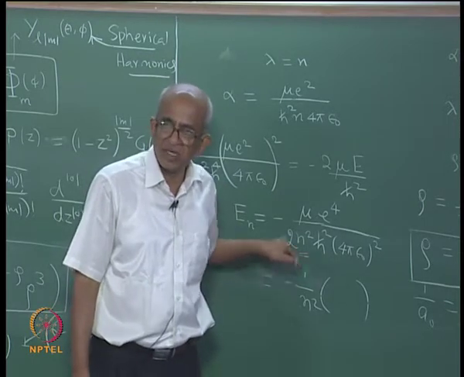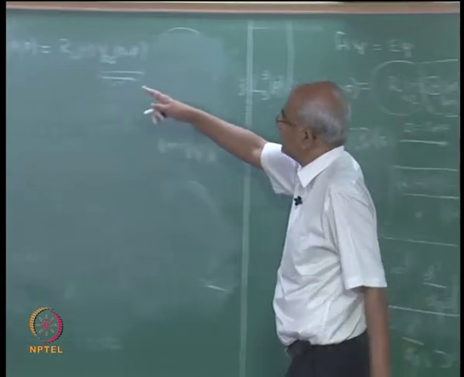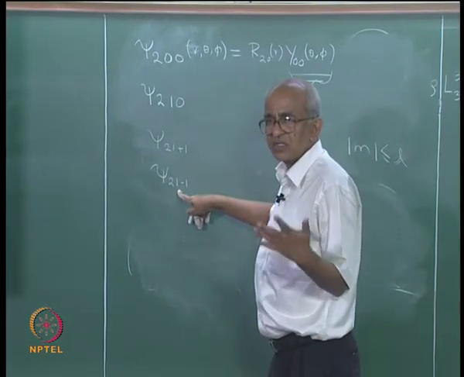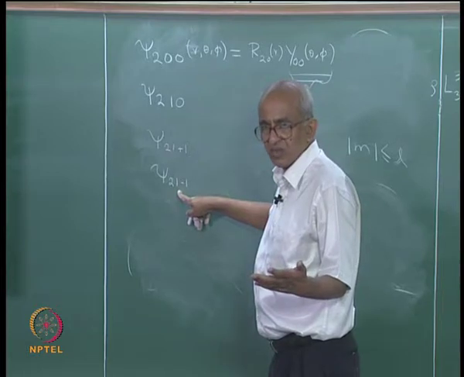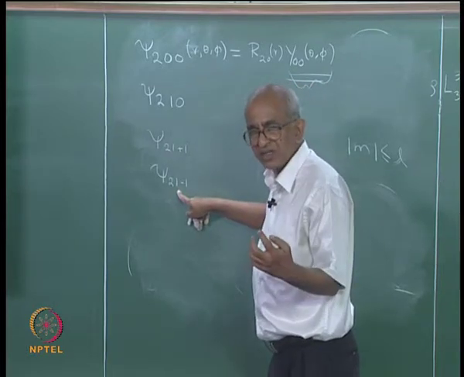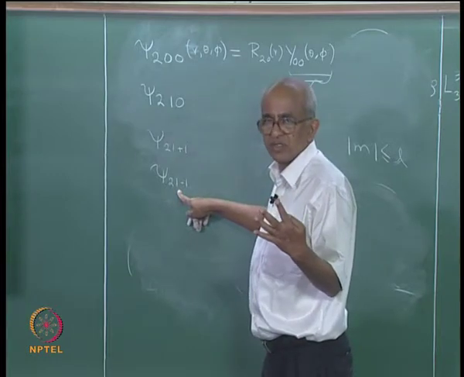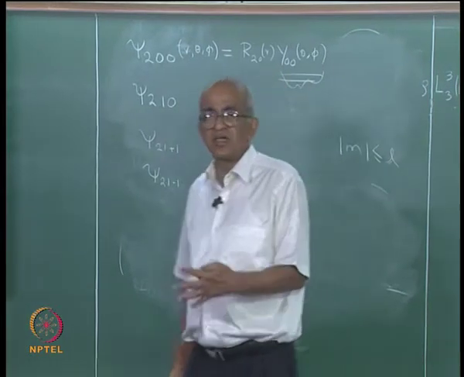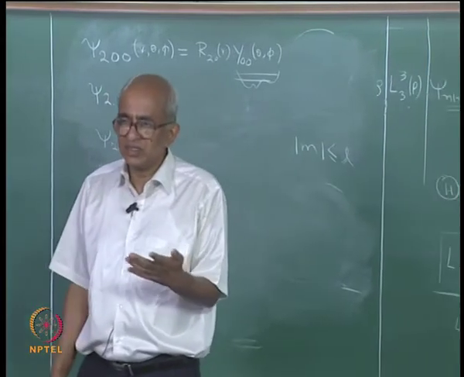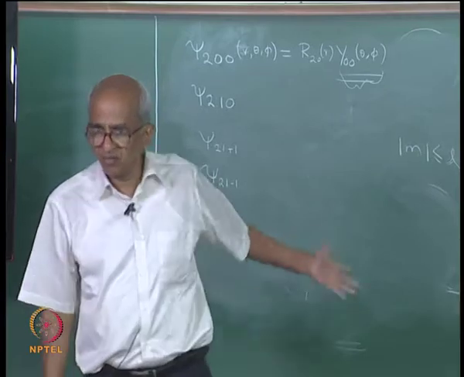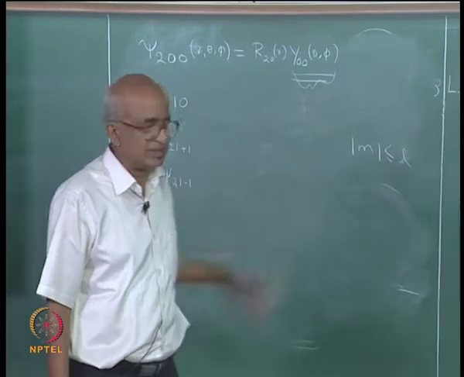So, all these 4 solutions have precisely the same energy. Corresponding to that particular energy, we claim that there are 4 different solutions of the Schrodinger equation. So, we say that this particular energy level is 4-fold degenerate, because there are 4 states,